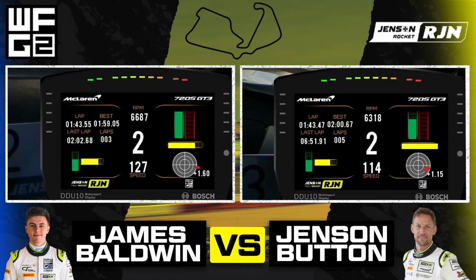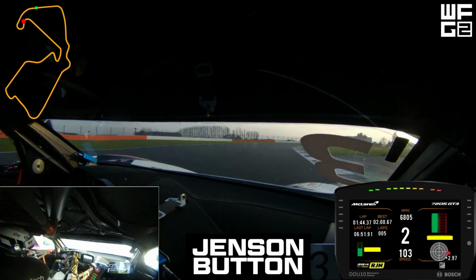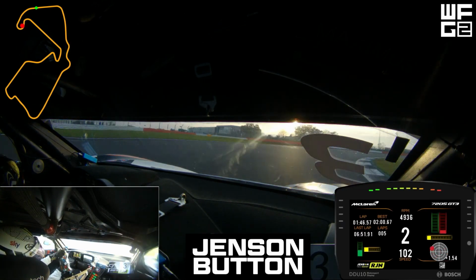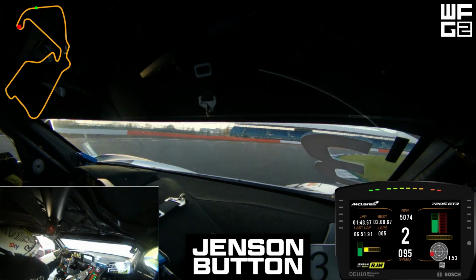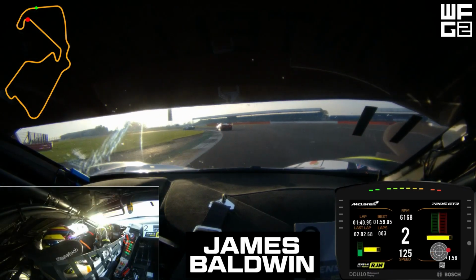In between Brooklands and Luffield, Jenson does go up to 3rd gear, whereas I leave it in 2nd. I do remember him saying in one of the debriefs that he likes the downshift for Luffield because it allows the engine braking of the car to slow down the car a bit more without actually braking himself. So again, you can see, because he's not liking that braking in the car, he's trying to slow the car